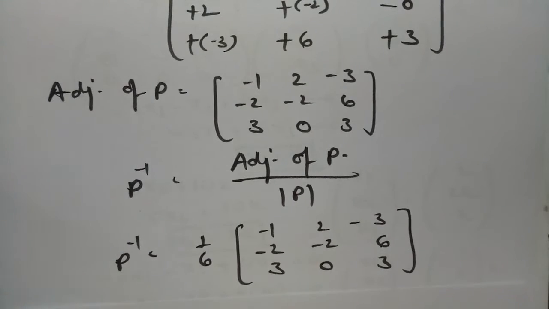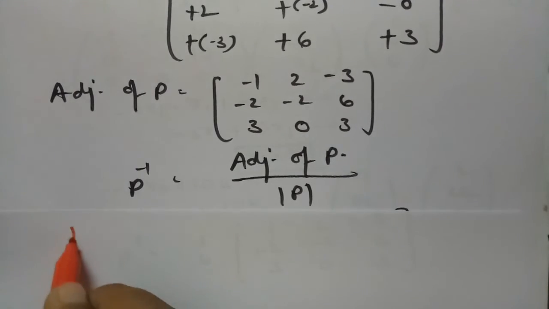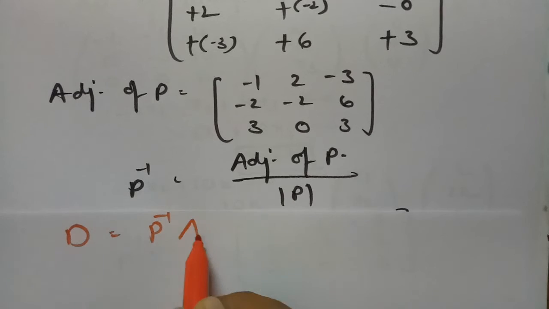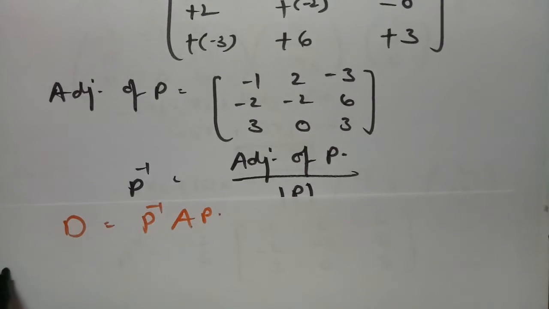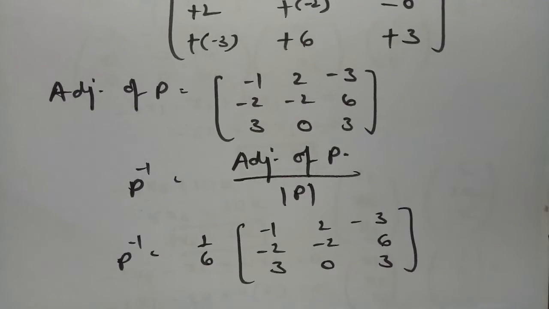For diagonalizing the matrix, see what the formula is here. The diagonal matrix is nothing but P inverse A into P. So first of all, we have to multiply these three: P inverse, A, and P. So the diagonal matrix will be, what is P inverse? Just now I found